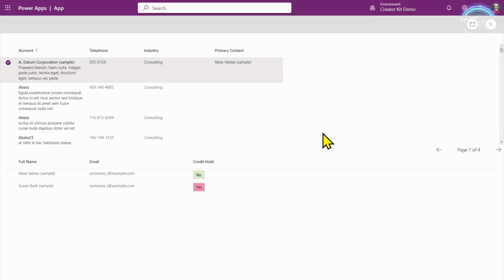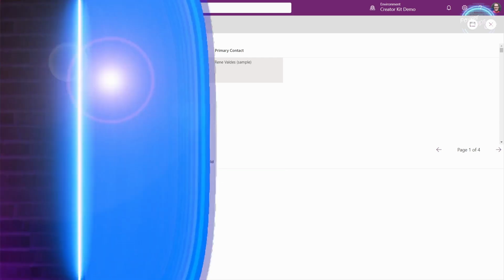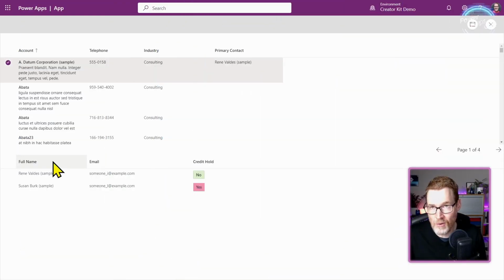There we go. Now, the most important thing to understand here is that notice the sort columns, it's no longer allowing me to sort. And that's because as soon as I use add columns, it means that I'm no longer binding directly to the Dataverse table because I'm now using a local collection. That means all of that server-side delegatable sorting and paging is no longer available to us. So we do have to now manage that ourselves.